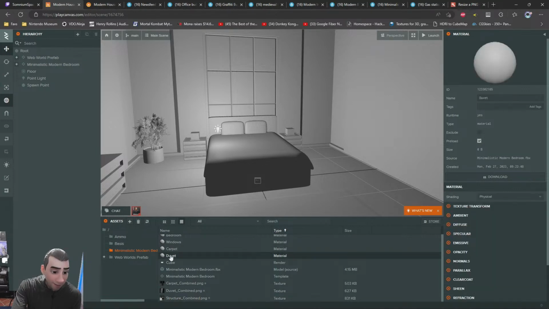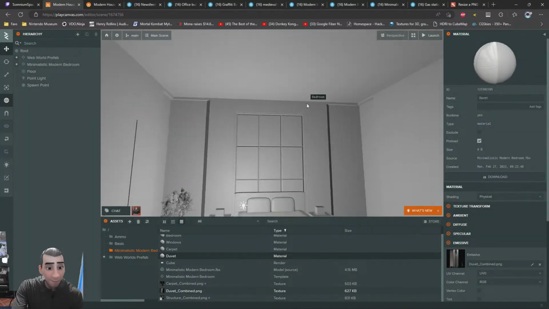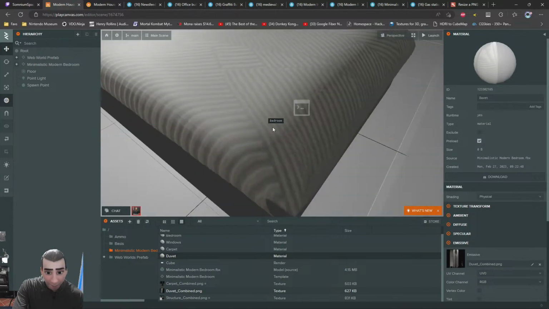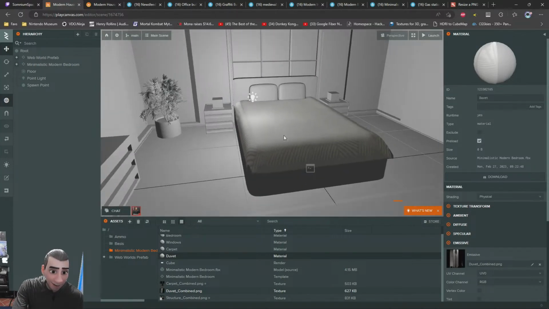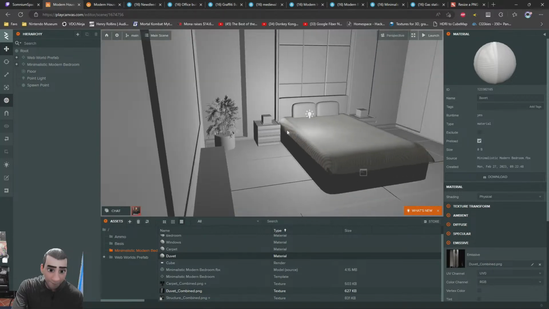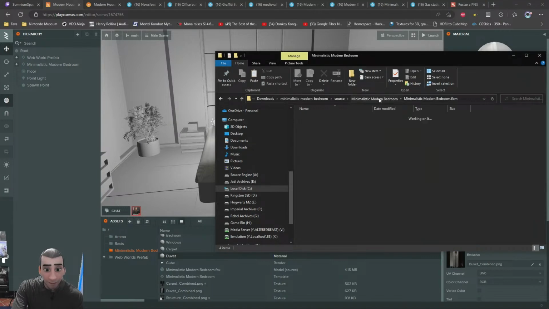So if I go over here and I click on divot, what is that? I don't know what that word is. Let's go ahead and put this into emissive. Oh, it's the bed. The bed? Why did the bed need to be so high res? That could have been 512 by 512. I think I'm going to do that. Let's go over here and we're going to make the bed